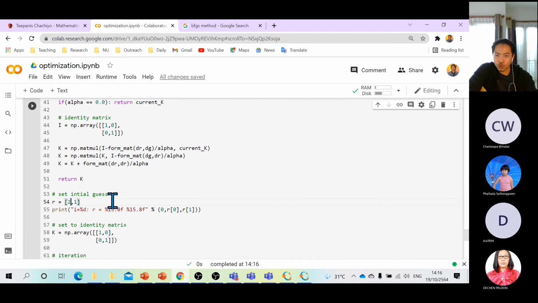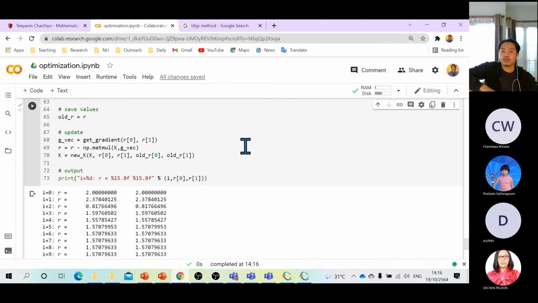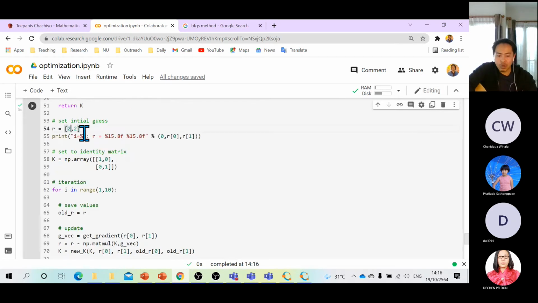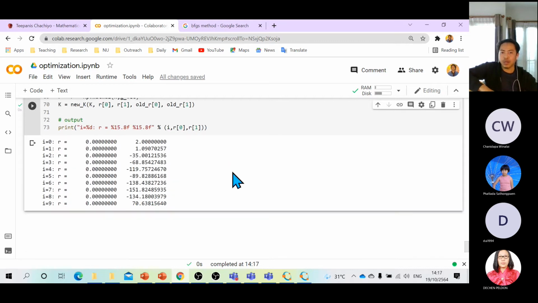If I go to 2, 2, just like before, there you go. You got a saddle point. You get a saddle point here for 2, 2. And let's say 0, 2. Would it be a maximum here? Okay. Very good. So it's not that stable compared to the Newton. Because with the Newton, you can get there by like the 4th iteration, but this one you cannot get it. Very good. So it's not that stable. Okay. Very good observation.